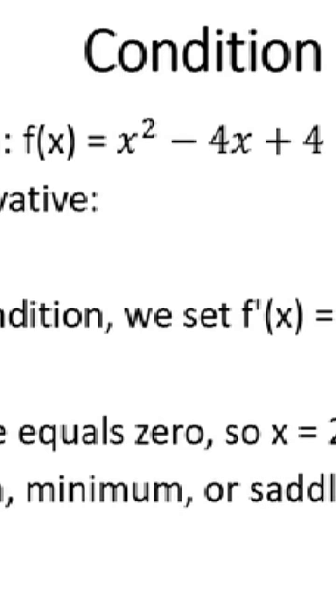So applying the necessary condition, and in the previous slide we mentioned that the necessary condition to apply is that f prime of x must be equal to 0. Now, f prime of x equals 2x minus 4, but applying the necessary condition means f prime of x is equal to 0. This means our equation will now be 2x minus 4 equals 0, dividing